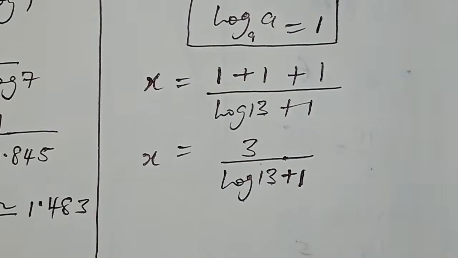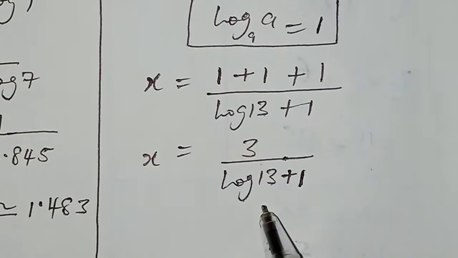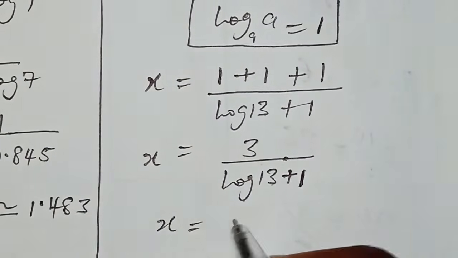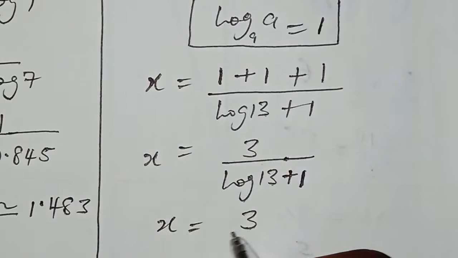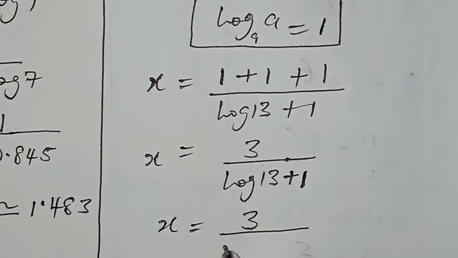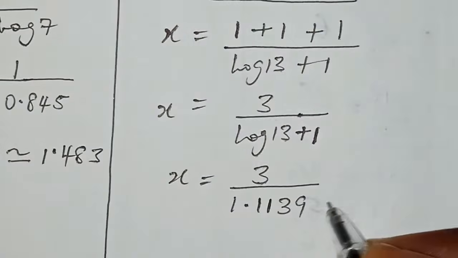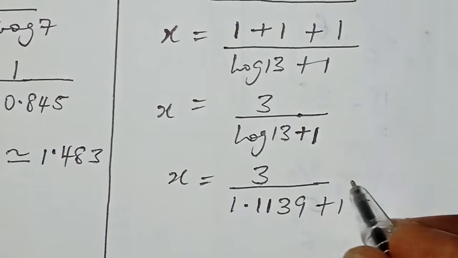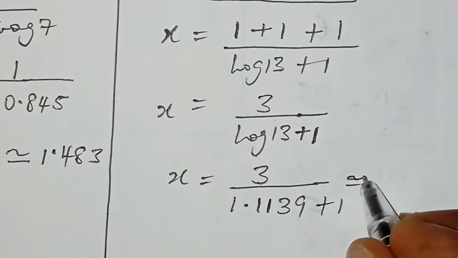So if we input that, we are going to have x equal to 3 over 1.1139 plus 1, and this will be approximately 3